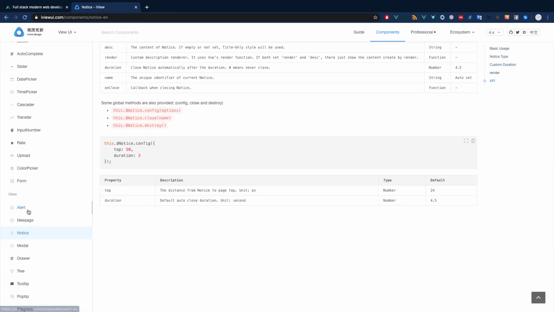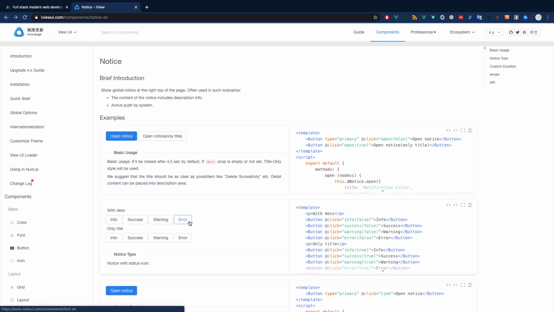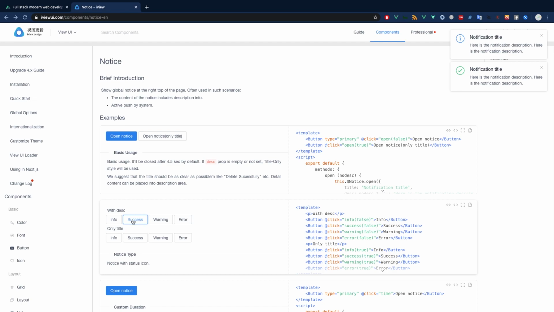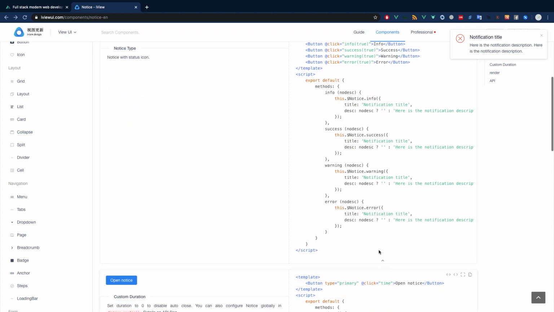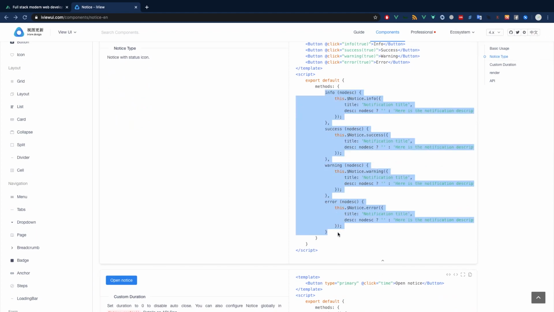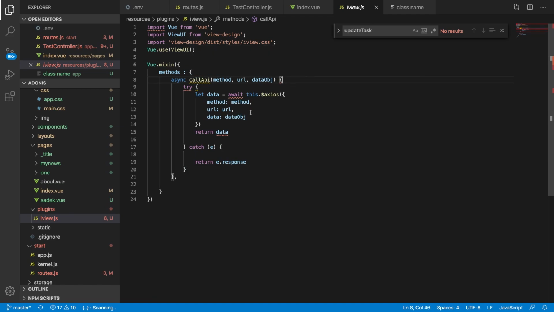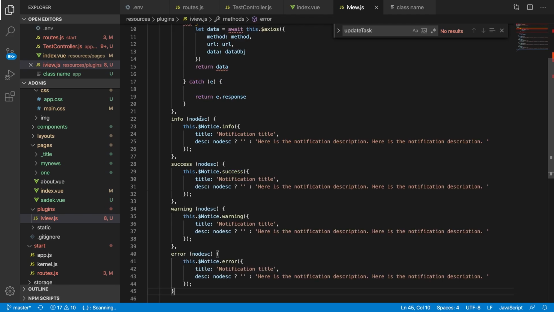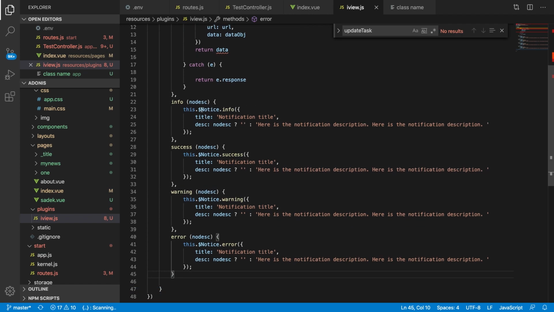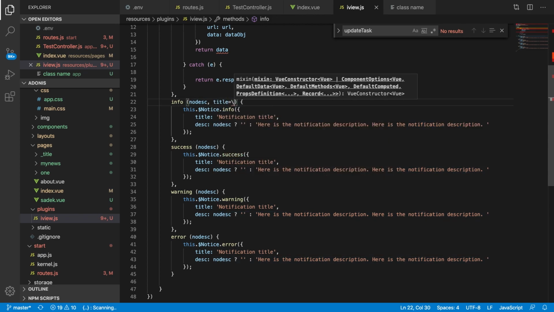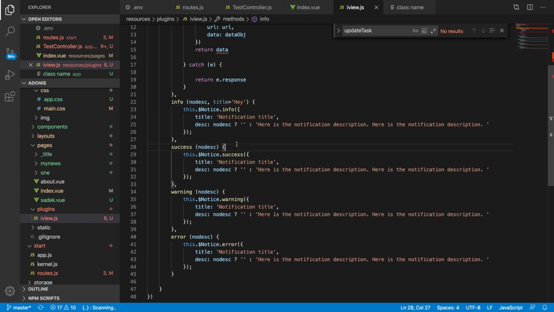Okay. Info, success, error. So we can show these three things here. Info, success, error. So we can just copy all these methods and here, and it is notice desk. What I can do is simply just title by default info, let's say hey, and maybe okay, we have only